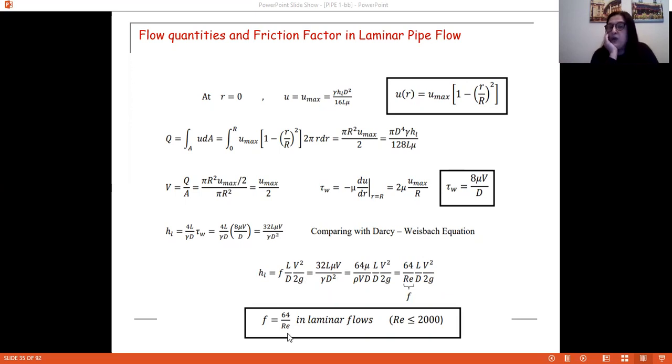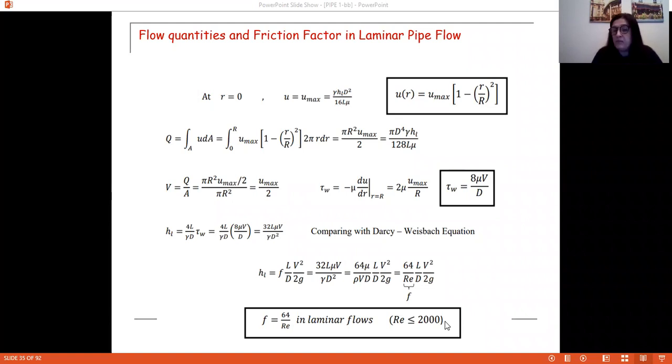So what does this mean? If you know that you have laminar flow in your pipeline, how do you understand whether you have laminar flow or not? Simply by looking at the Reynolds number. Reynolds number is calculated as average velocity times diameter divided by kinematic viscosity, or average velocity times D times density divided by dynamic viscosity. It's all the same. So if your Reynolds number is less than or equal to 2000,